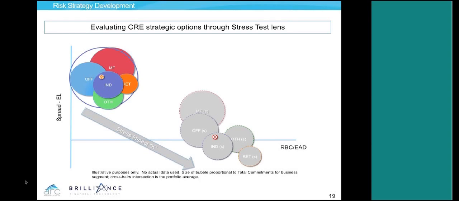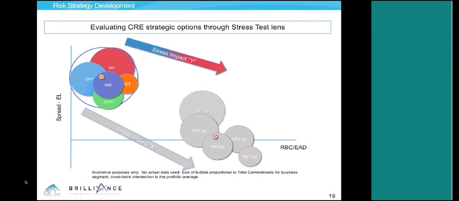Under the stress test, under the current strategy, let's call it strategy X, we see how the various property types move down and to the right. Obviously, the portfolio risk-return profile degrades, and the business segments degrade as well, but in different ways. We see multifamily, in this example, doesn't move quite as much, whereas retail is the most sensitive, moving quite a bit. So, based on this view, maybe we consider